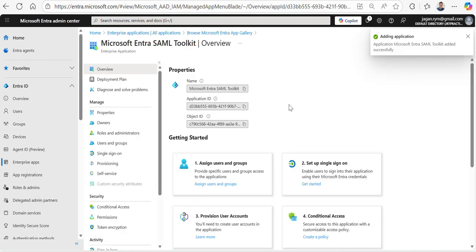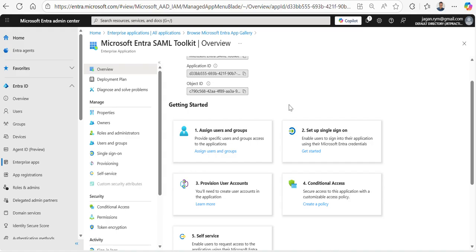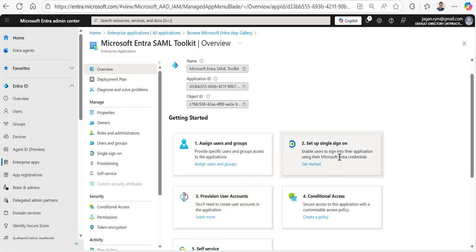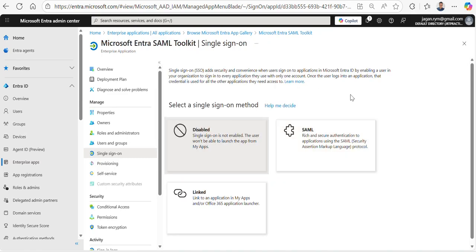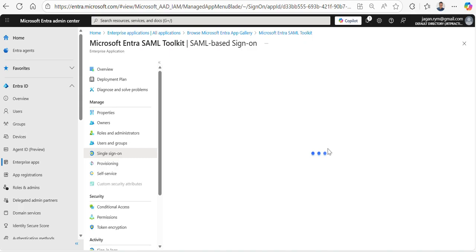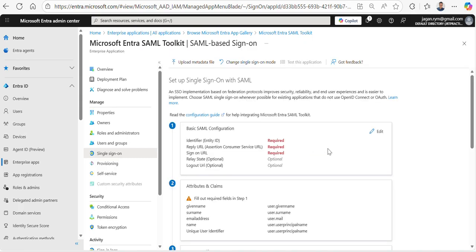Okay, so now our focus is on single sign-on. I'm going here, but there are other options for other purposes in the Microsoft Entra application. We can try other options also, but here our goal is setting up single sign-on. I will go here, get started. Okay, and again in the single sign-on I would use SAML. Other two options are there, but now our focus is on SAML. Okay, so the first step is